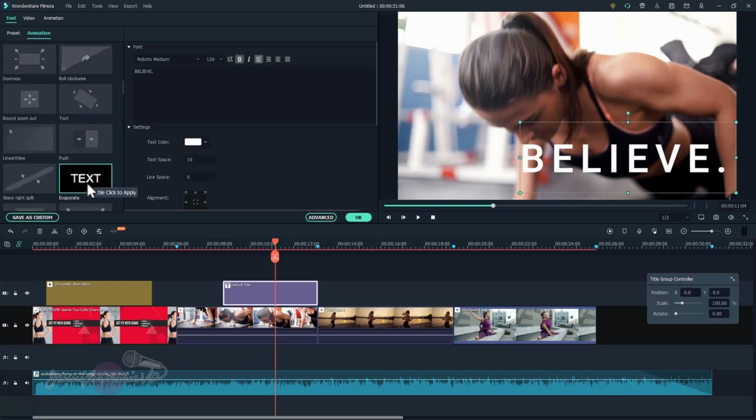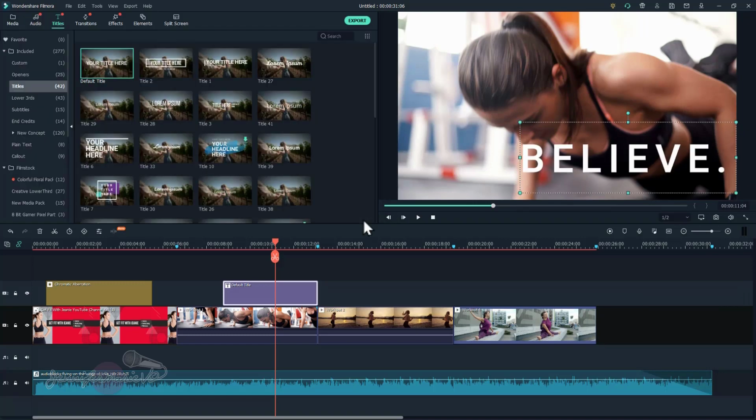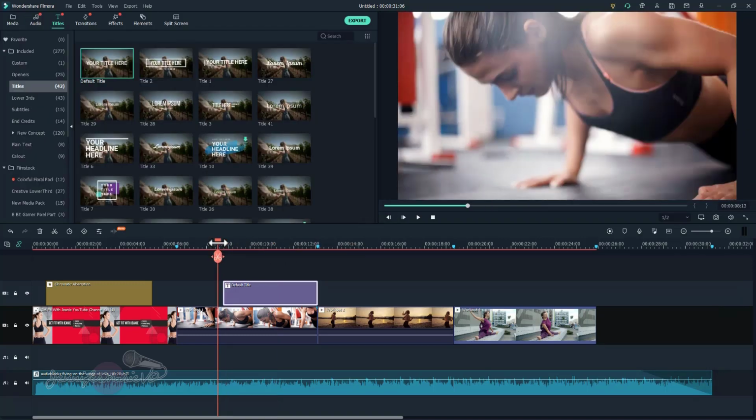I like this evaporate one, so I'm just going to double click on it to apply it and then choose OK. So now if we play,